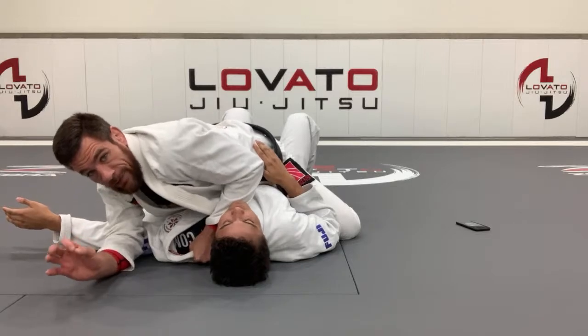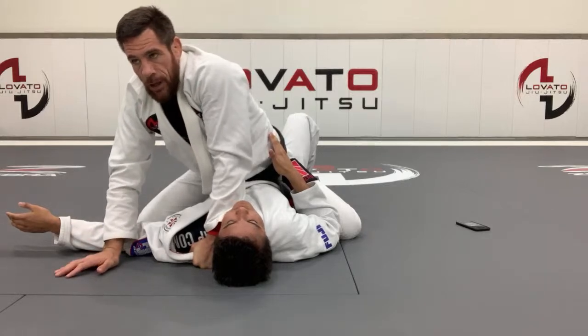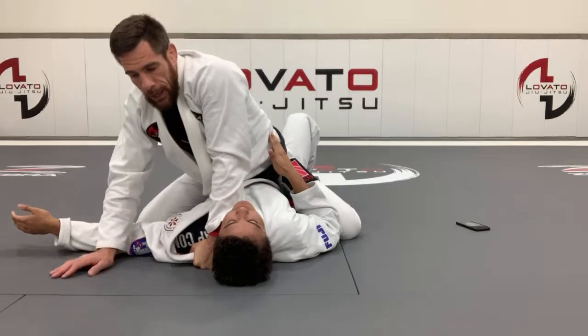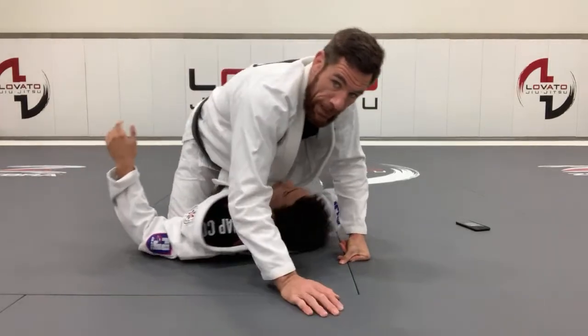The key here is now the ending. Don't come up and go here, all right? I don't want to say that that's like never gonna work. It could if he's just like dead, you know? But ideally, I don't want to risk it, all right? So I go forward. Let's turn. Look how I lean forward,